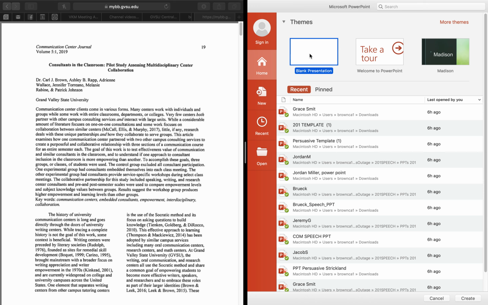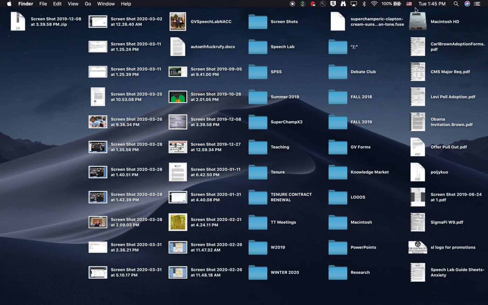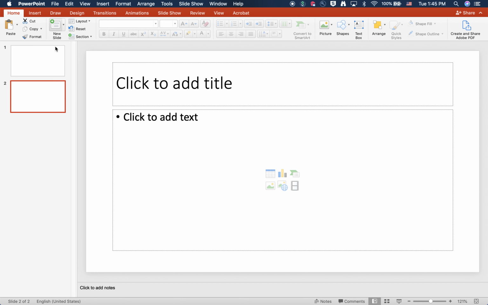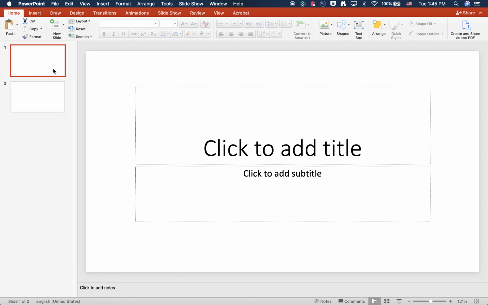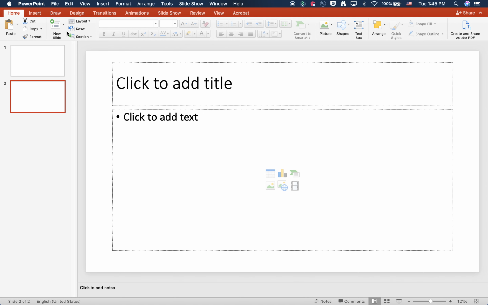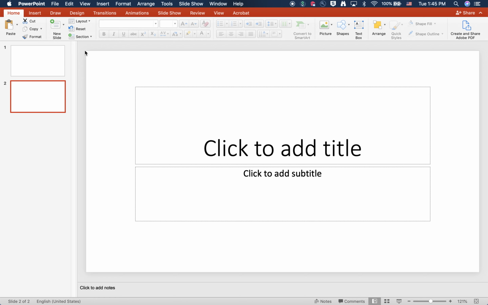So I'm going to start with a blank presentation, and that did not go as planned. Okay, we'll just switch back and forth. So what I always like to do is start out. Let me make a new slide here. Start out with a blank slide. I'll tell you more about that in just a second, but I like it because it gives you something to put up while you're